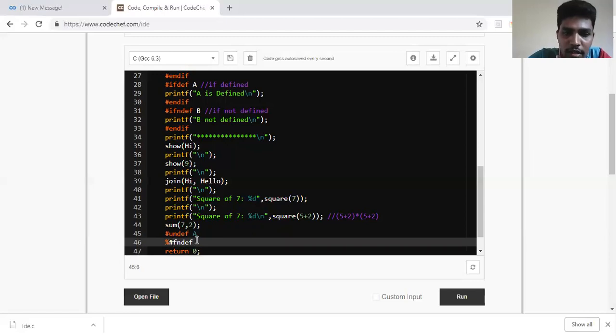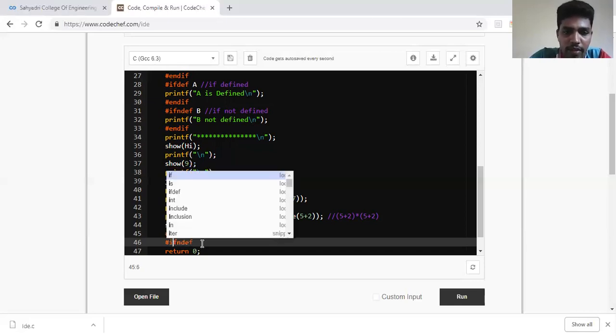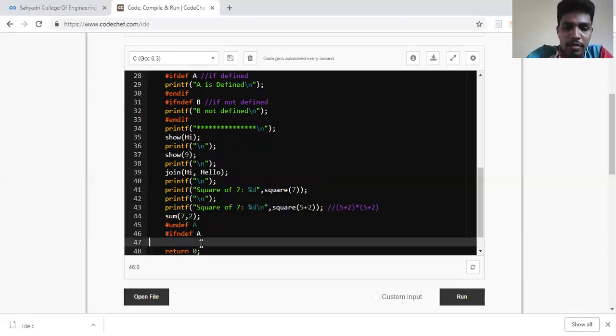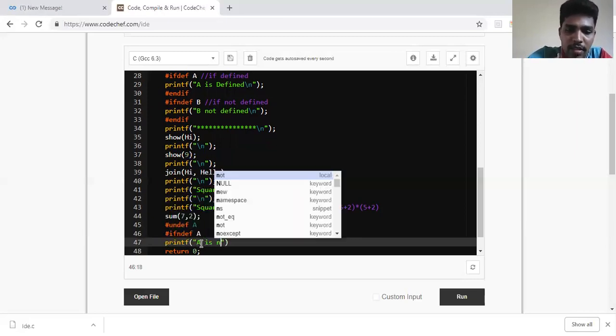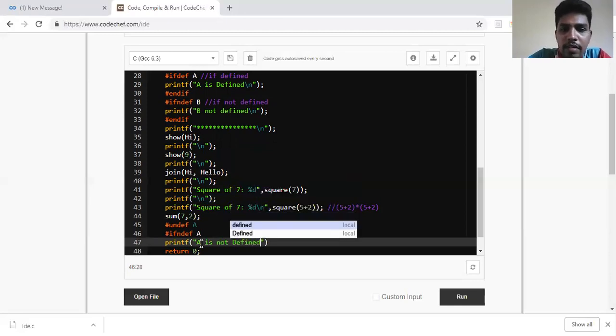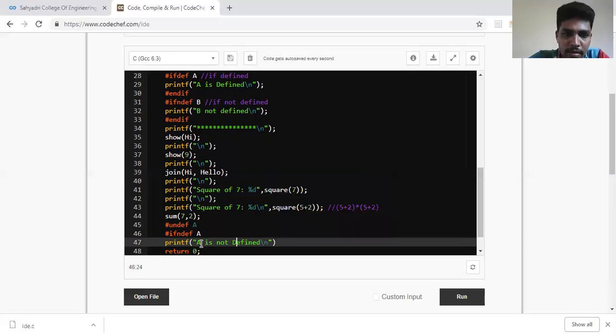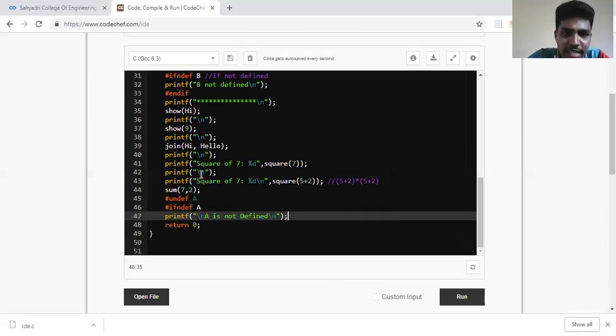So #undef, then #ifndef a. I'll write printf a is not defined, using a backslash n. Beginning also I'll write a backslash n, and I'll put a semicolon.